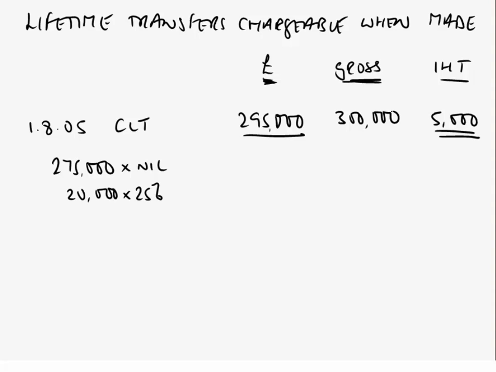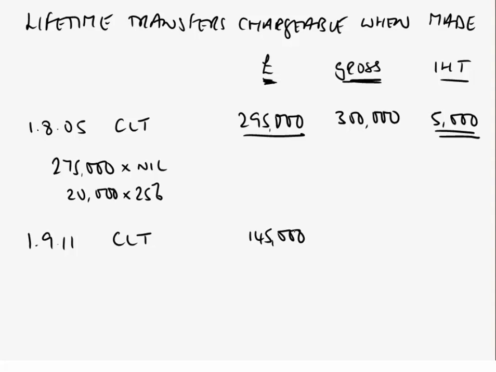But it was not chargeable when made, and had the taxpayer only gone on to have lived for the required 7 years, it would never have been chargeable. So that one does not come onto this computation, only CLTs. The next CLT, there was one further one, on the 1st of September 11. The amount of the CLT,